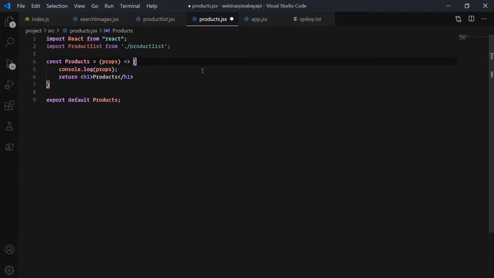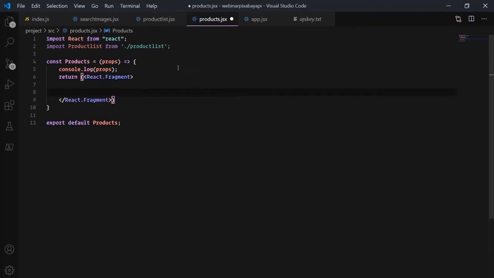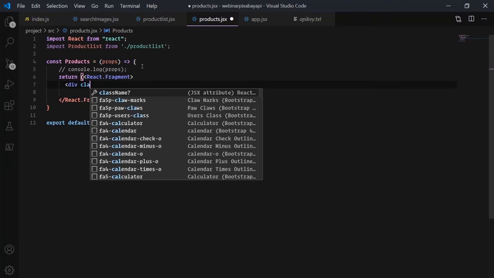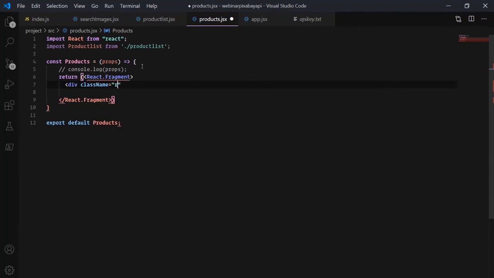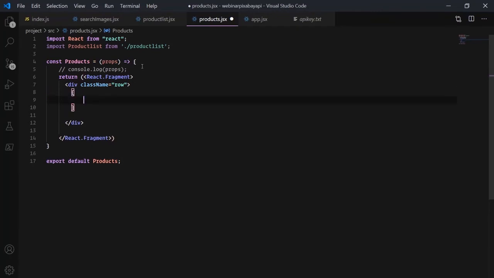Perfect. Now here what we have to do, I just use one parent wrapper, so I'm just using React dot Fragment. And inside this React dot Fragment, I simply use a div with className row. So I'm simply using a Bootstrap row class name, and inside this row what I will do is use